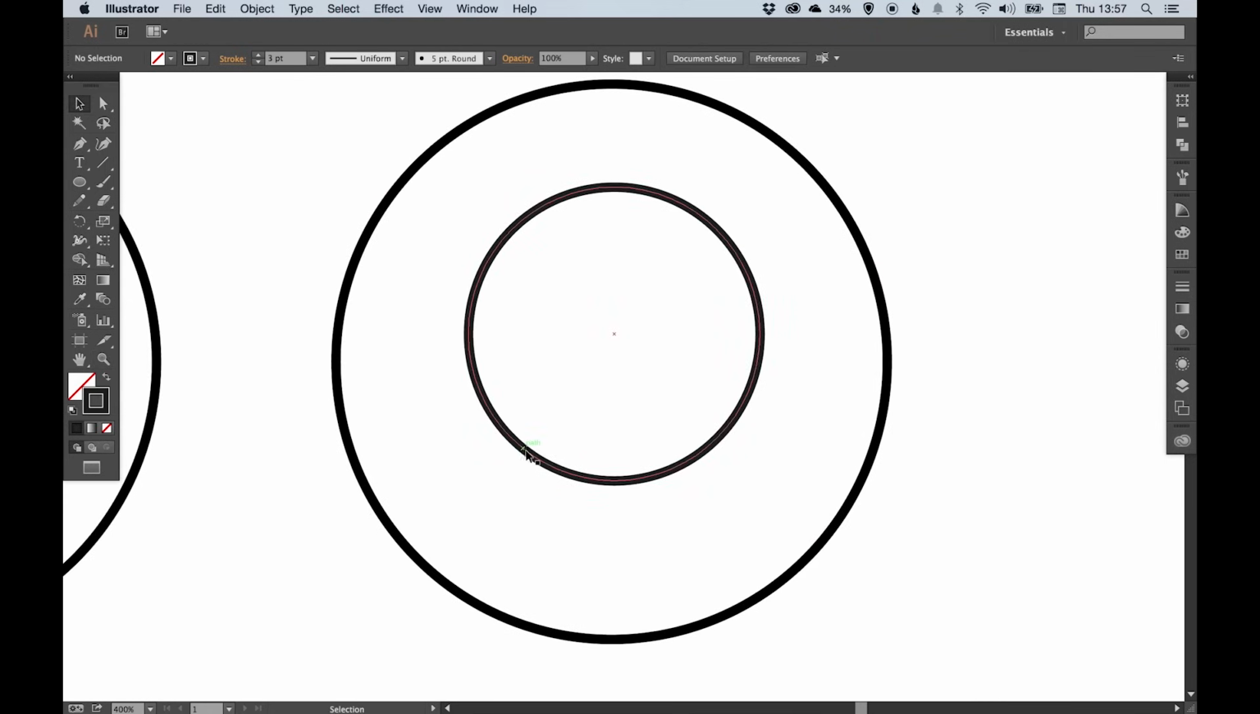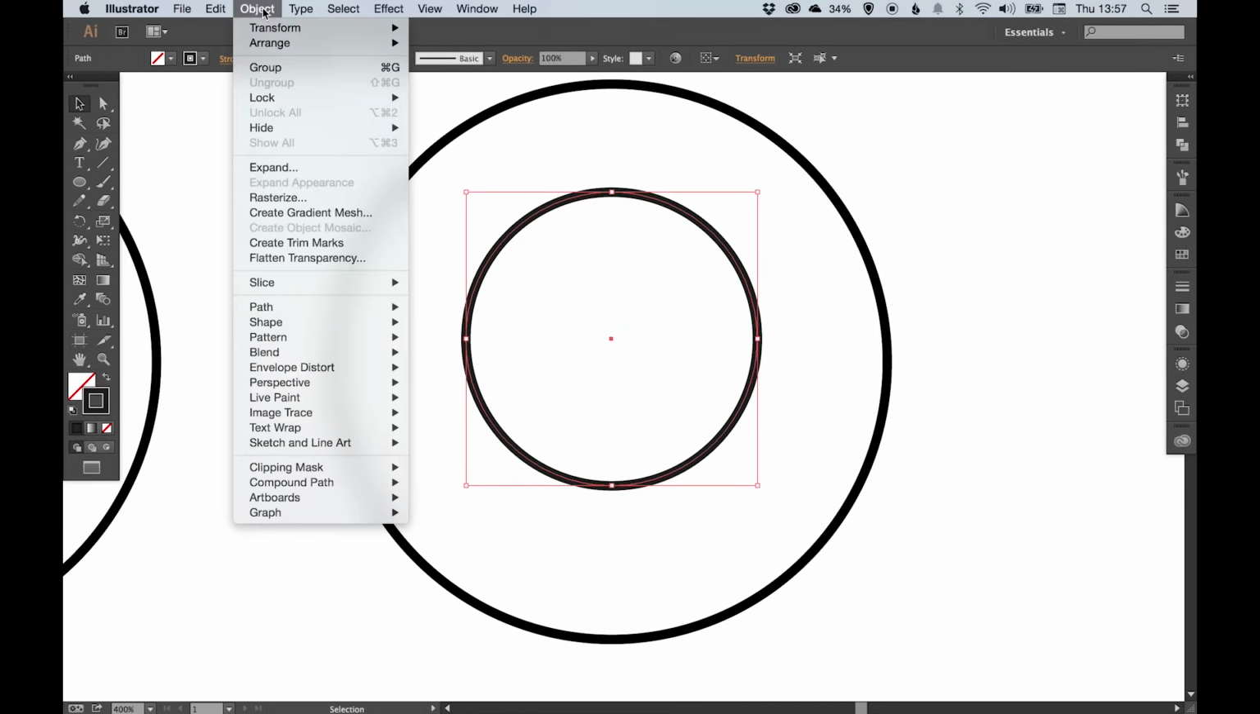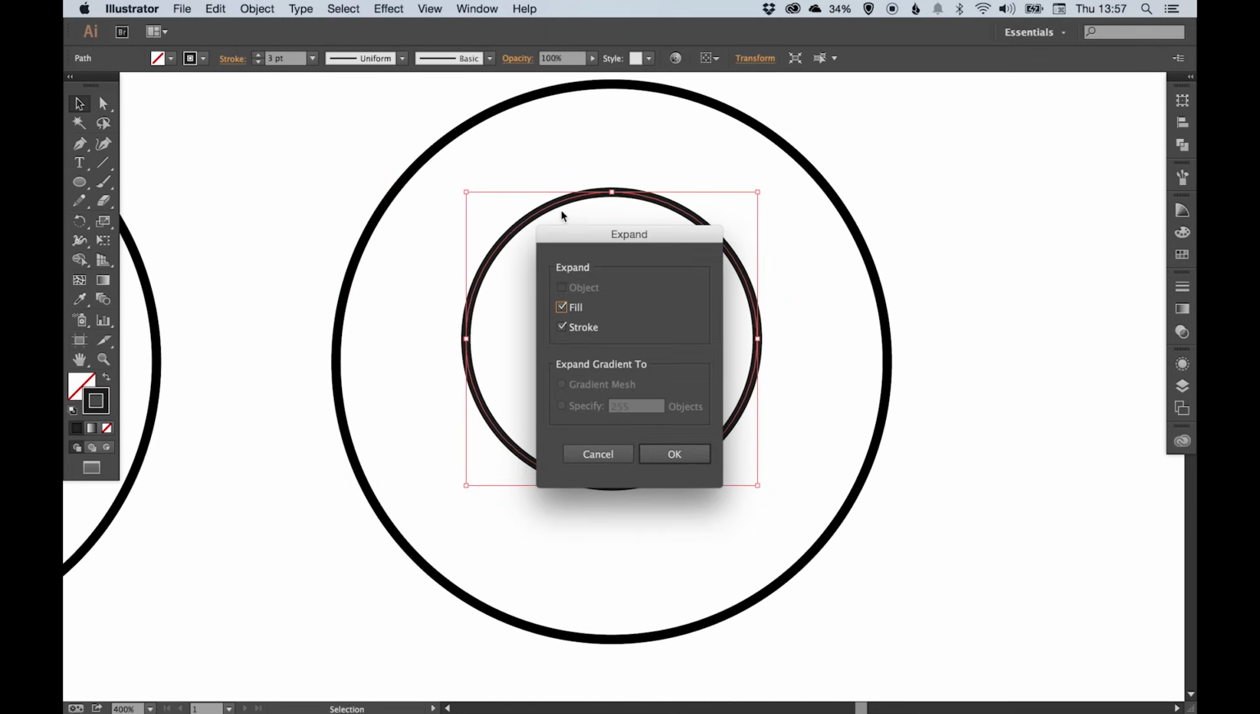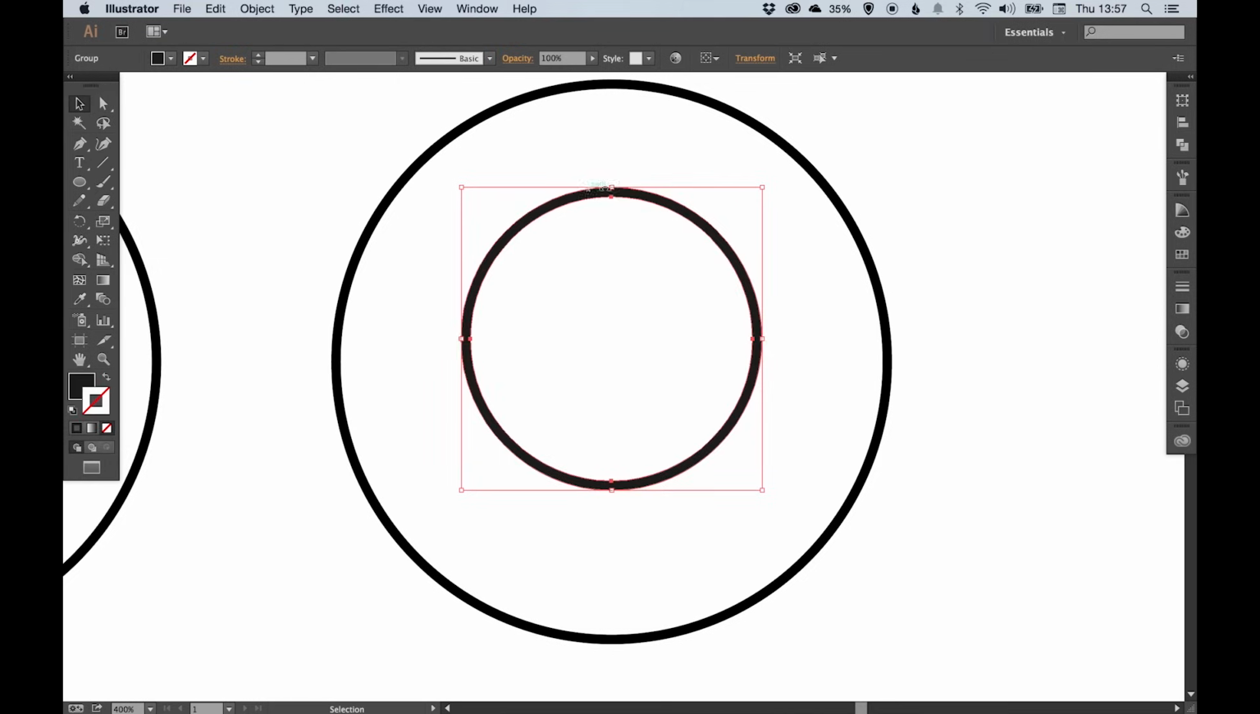And then what I'm going to do for this one is I'm going to go to Object, Expand, and just check that stroke is selected here, and that will convert it from a stroke into a shape. So it's no longer an outline. So what I can do now